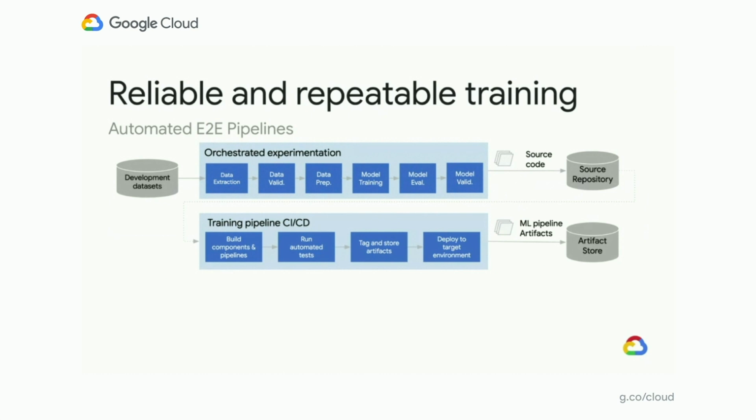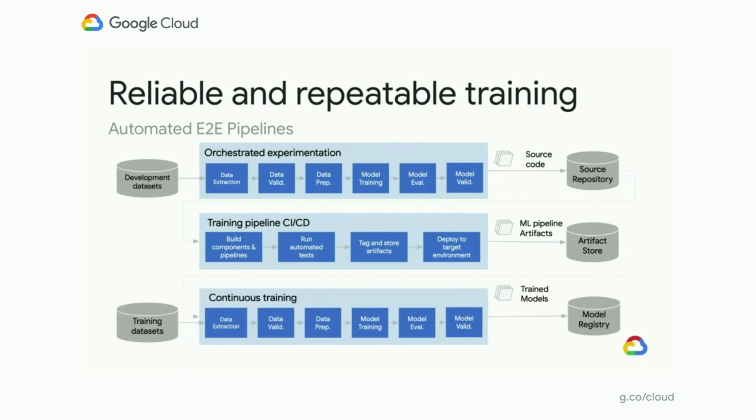Then, similar to any software system, you set up a CI/CD process for your code, including building components, running automated tests, and tagging all the produced artifacts. Those produced artifacts, like compiled packages and container images, are stored in a central artifact store. And then the pipeline is deployed to a target environment. This can be a test or dev environment, a pre-prod or staging environment, or a production environment, depending on the